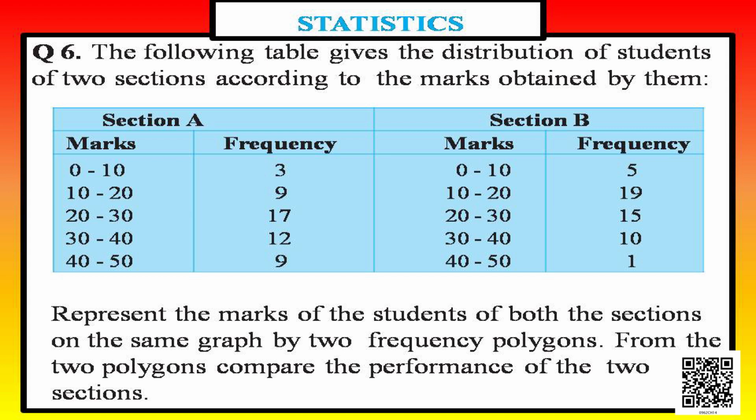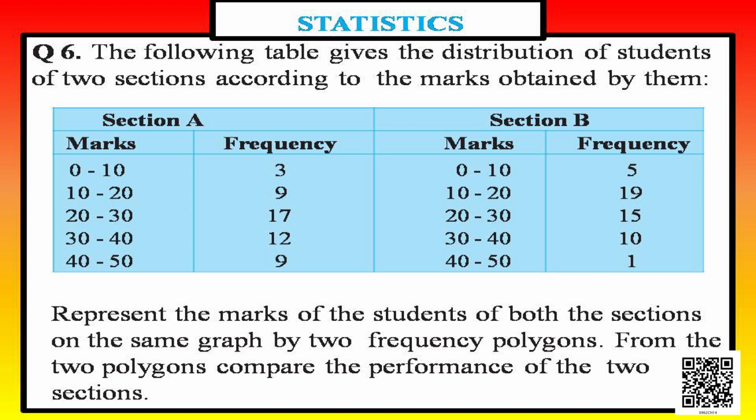In the first column we have section A and in the second column we have section B. Now, inside section A we have two columns, one for marks, they are 0 to 10, 10 to 20, 20 to 30, 30 to 40, 40 to 50, and the frequency of these class intervals are 3, 9, 17, 12,